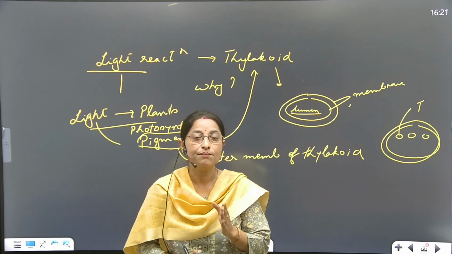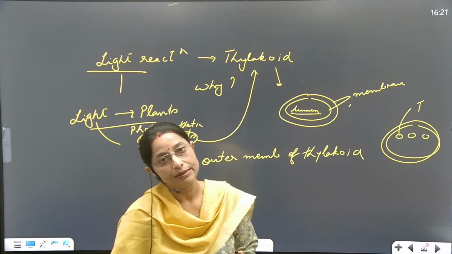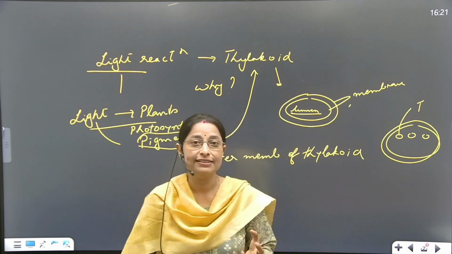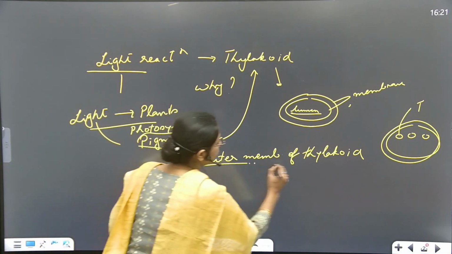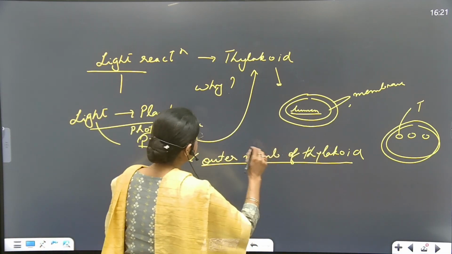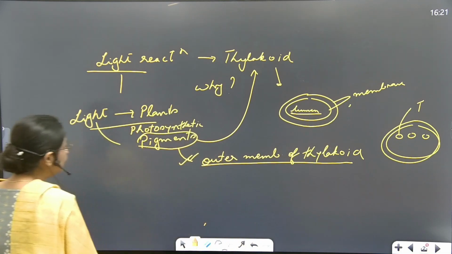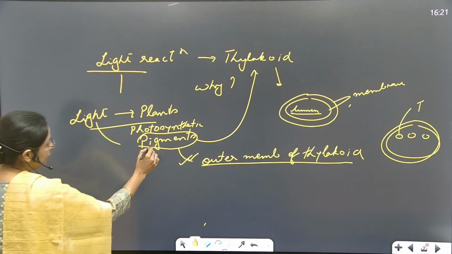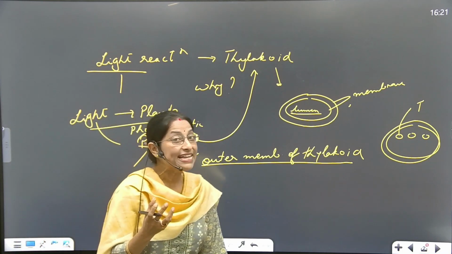Why the thylakoid? Because the pigments are present, and these pigments are nothing but photosynthetic pigments, and they absorb the sunlight. So the outer membrane of the thylakoid is where the light reaction occurs, because the pigments are present in the outer membrane of the thylakoid. Another question that follows is, when we are talking about photosynthetic pigments,